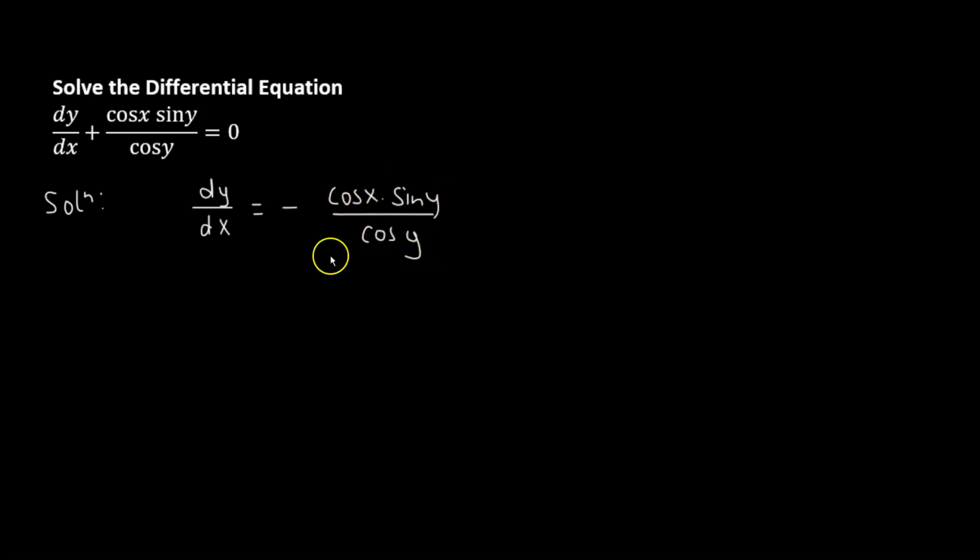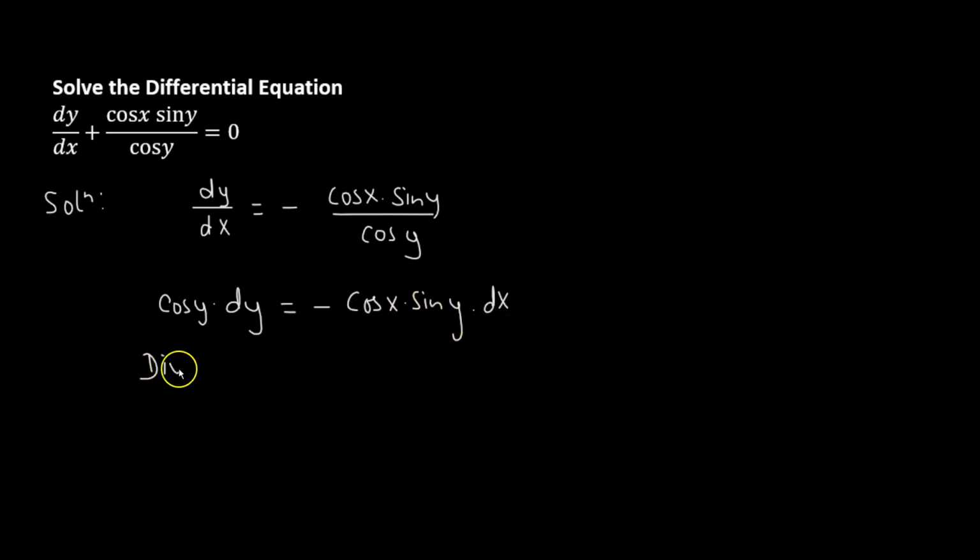So we have the differential equation. Let's begin by separating the differentials first. So we have dy over dx equals to negative cosine of x times sine y divided by cosine of y. Now we're going to cross multiply, so we should get cosine of y times dy, that's equals to negative cosine of x times sine y